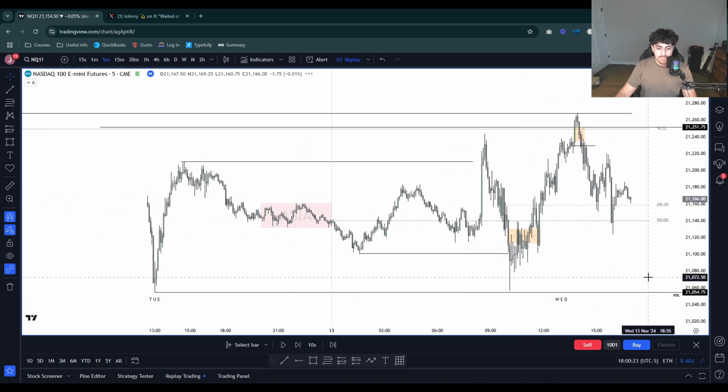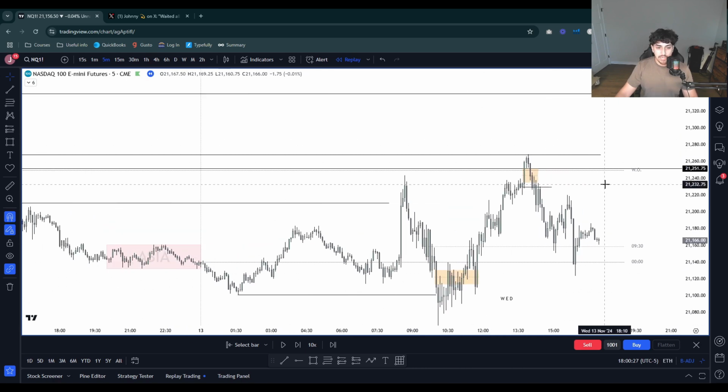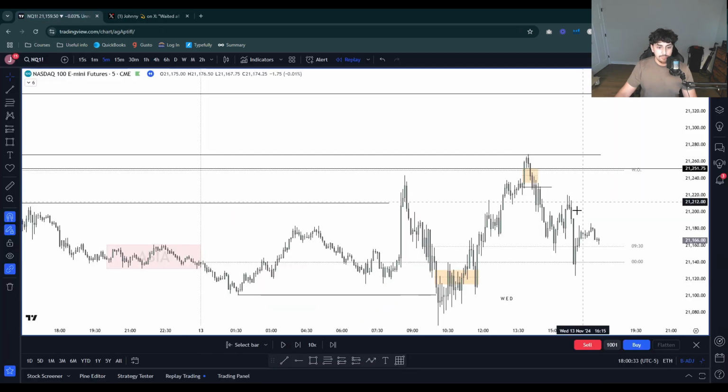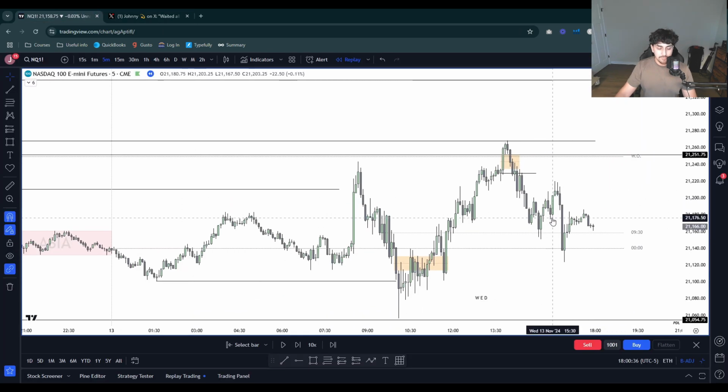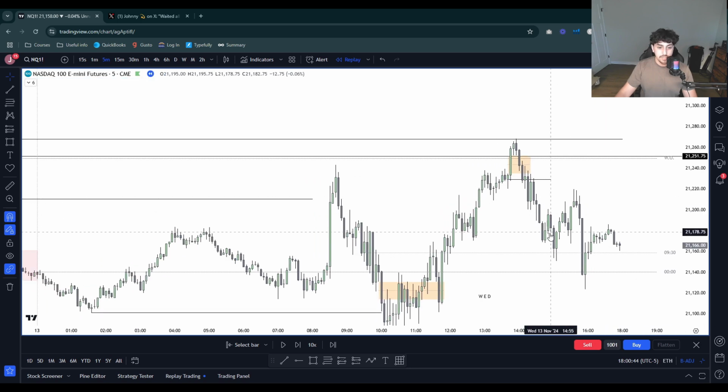So we have our previous day low over here, relative equal lows. We've tapped into that 1 hour POI, and this is where I alerted the low risk short here. And you can see it ended up working out beautifully for the rest of the day. Again, unfortunately, I ended up getting out down here, only making about 1,200, which is perfectly fine. But this would have been about over a 2K trade if I would have held all the way through to